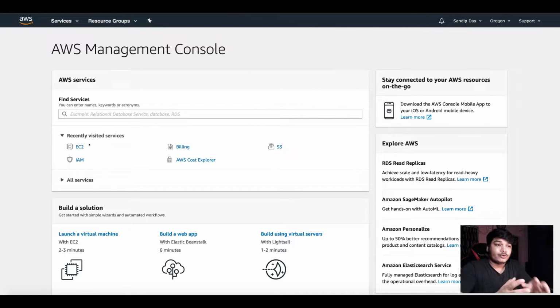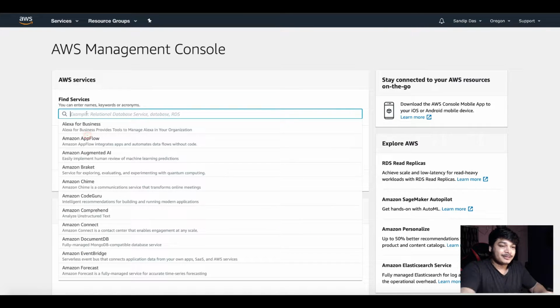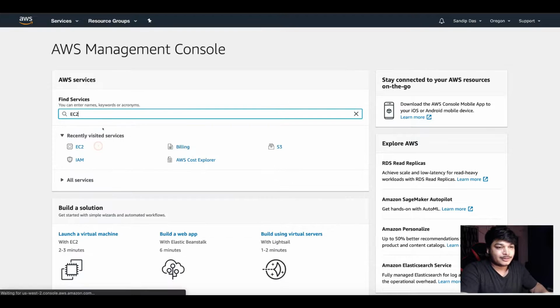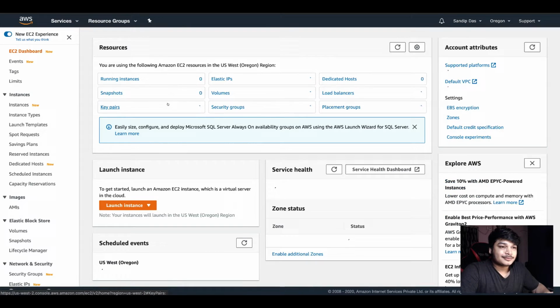Here's the point. If you're going to use AWS, the machine you're going to spin up has to be in EC2. There are other options, but let's focus on EC2 for now, because today we'll be covering EC2. So since I have previously searched for EC2 it is there, but you can just search for EC2 and it will come up. It's a virtual server in the cloud, that's what it is.